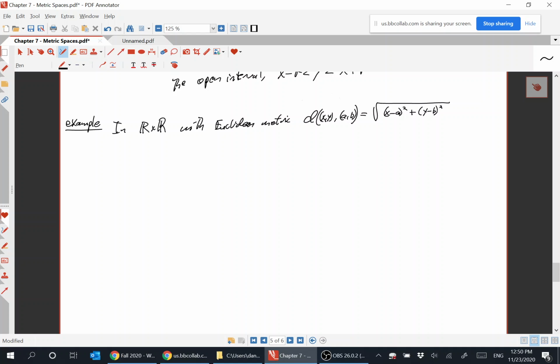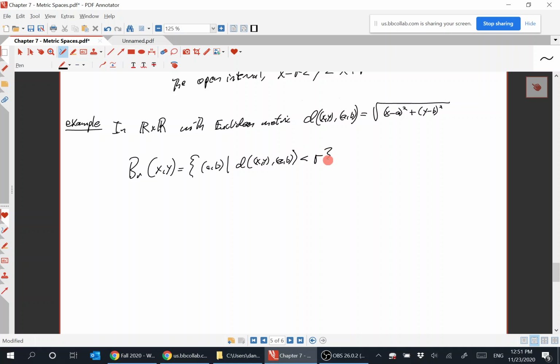Okay, so in R cross R with the Euclidean metric, the ball of radius r around a point x, y is the set of all points a, b such that the distance from x, y to a, b